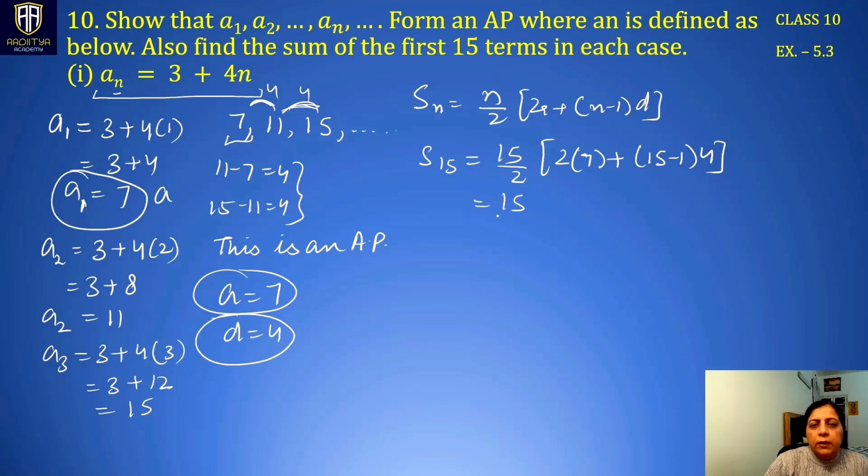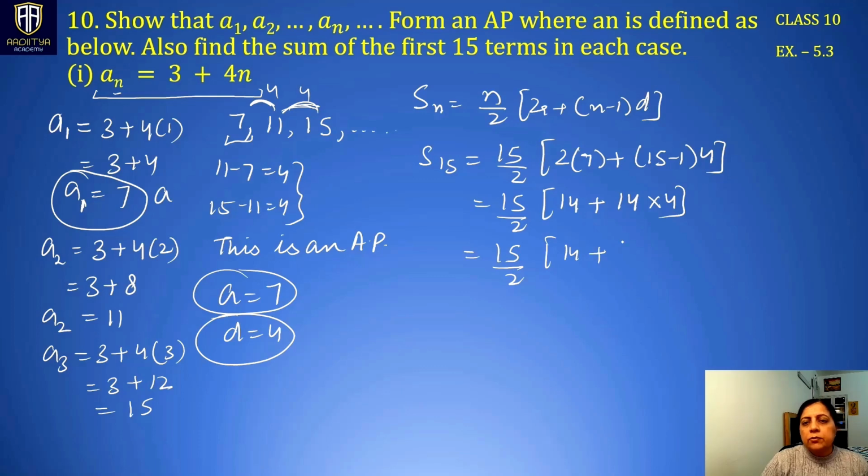So we have 15 by 2 into 2 sevens are 14, plus 15 minus 1 is 14 multiplied by 4. This is solved further. So we have 14 plus 14 fours are 56. 56 added to 14 is